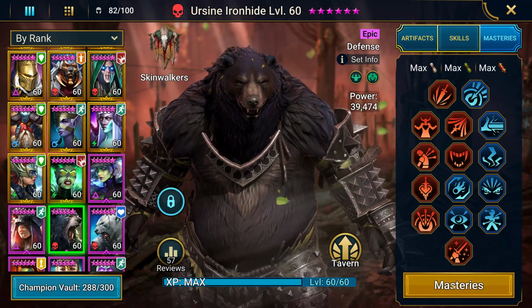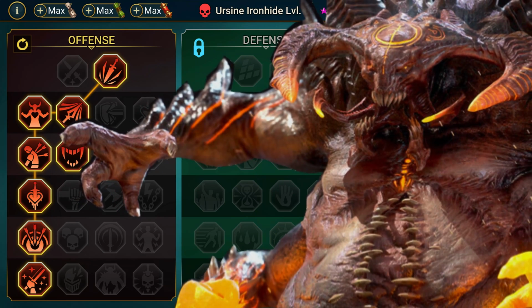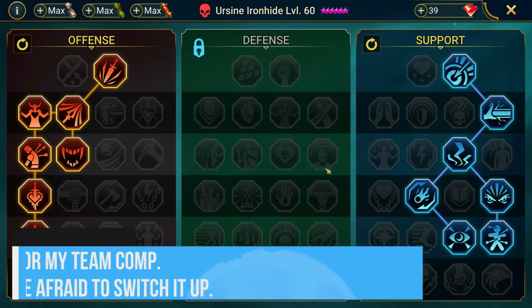Alright, so let's talk about masteries. For this champion, I feel like masteries are pretty simple, only because you cannot really use them in clan boss. Yes, you can use decreased attack for clan boss, but overall his kit is really not a clan boss champion. He is more of a faction war champion, campaign type champion that could really help you out in faction wars,